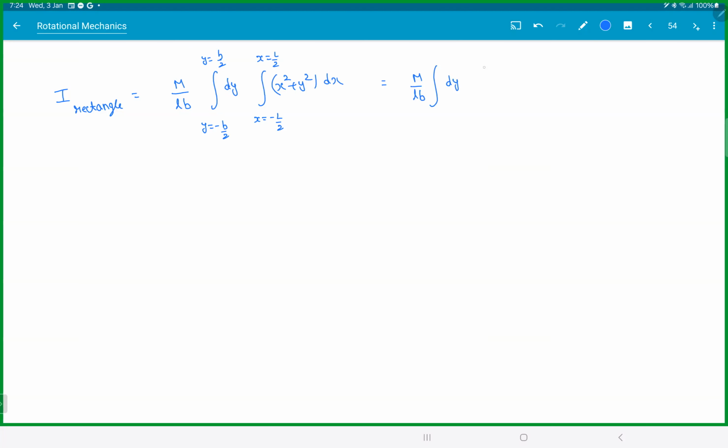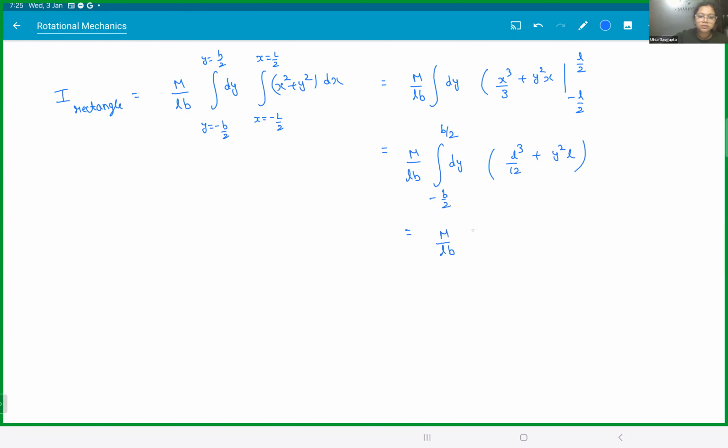So m by lb integral dy, this will become x cube by 3 plus y square into x, limits will go from minus l by 2 to l by 2. m by lb dy, and that would be l cube by 12 plus y square into l, minus b by 2 to b by 2. Now integrate this again. फिर x square plus y square dx को